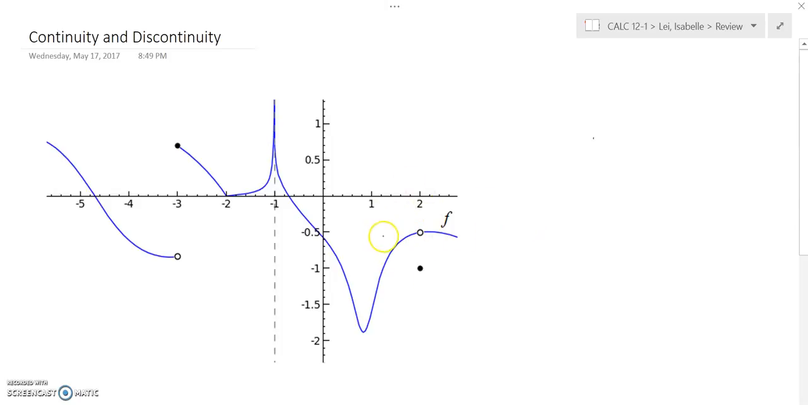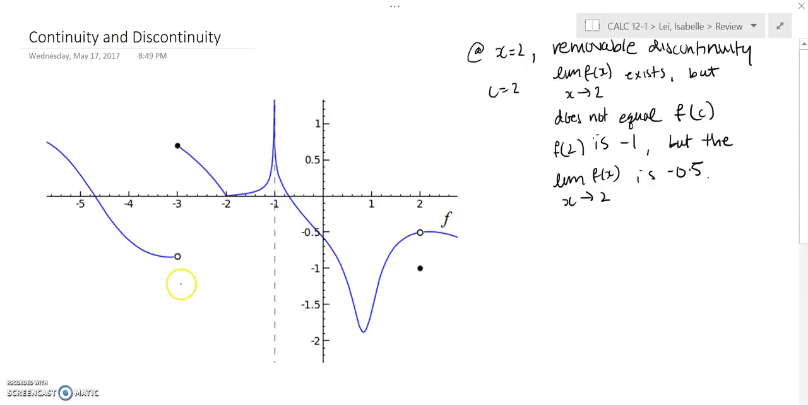Firstly, over here, there is removable discontinuity. Here there is infinite discontinuity, and here there is jump discontinuity. So the first discontinuity we're going to talk about is removable discontinuity, which occurs at x equals 2. Removable discontinuity occurs when the limit of f of x, which is this function, exists, but it doesn't equal